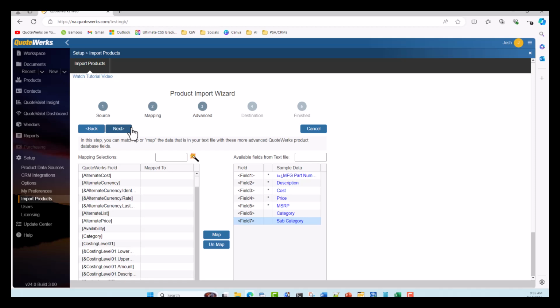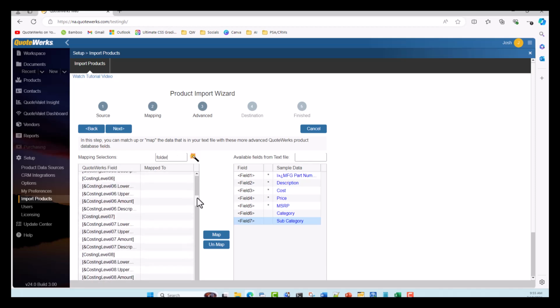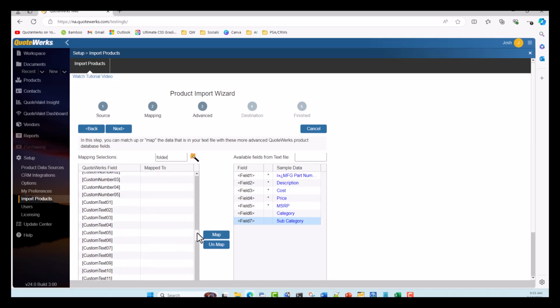We do that by mapping the fields to the folder name in the QuoteWerks field selection. We do that by searching for folder, and it'll bold all items here that have folder in the name. So you'll see we have ampersand folder name,